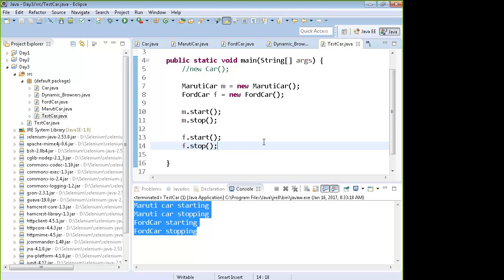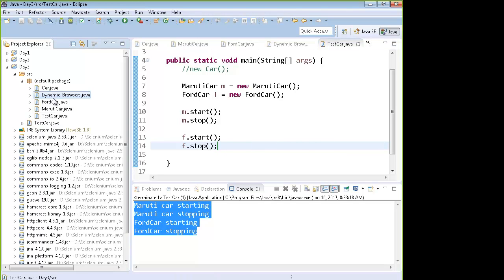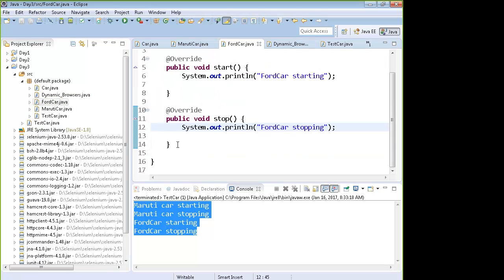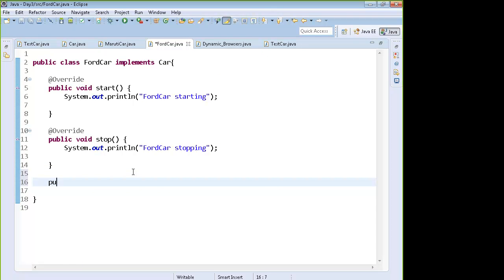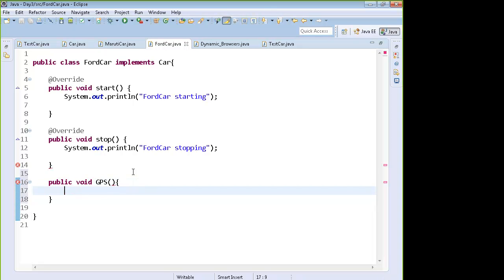It is obvious and pretty simple. Now if the Ford car has its own implementation of a function which is only there in Ford cars, for example public void GPS, GPS is a proprietary function of a Ford car.